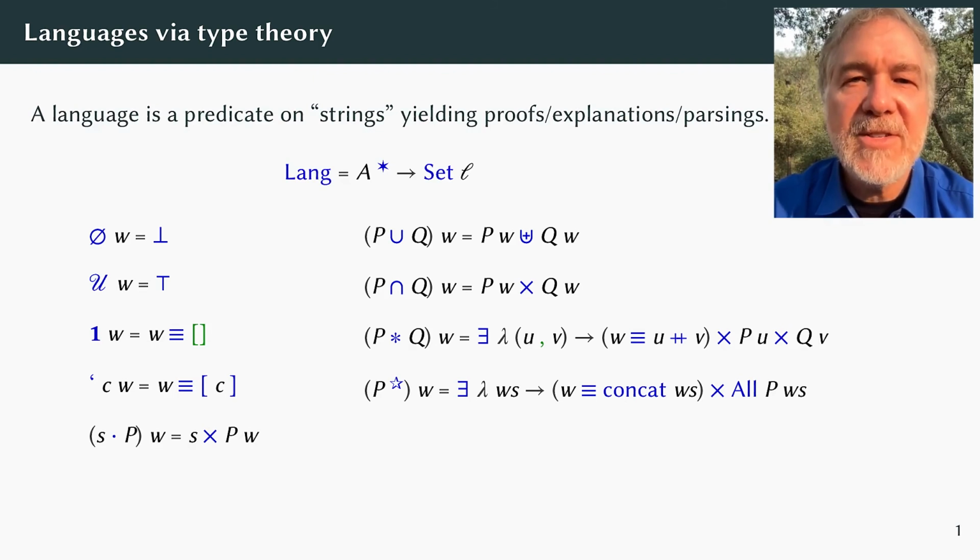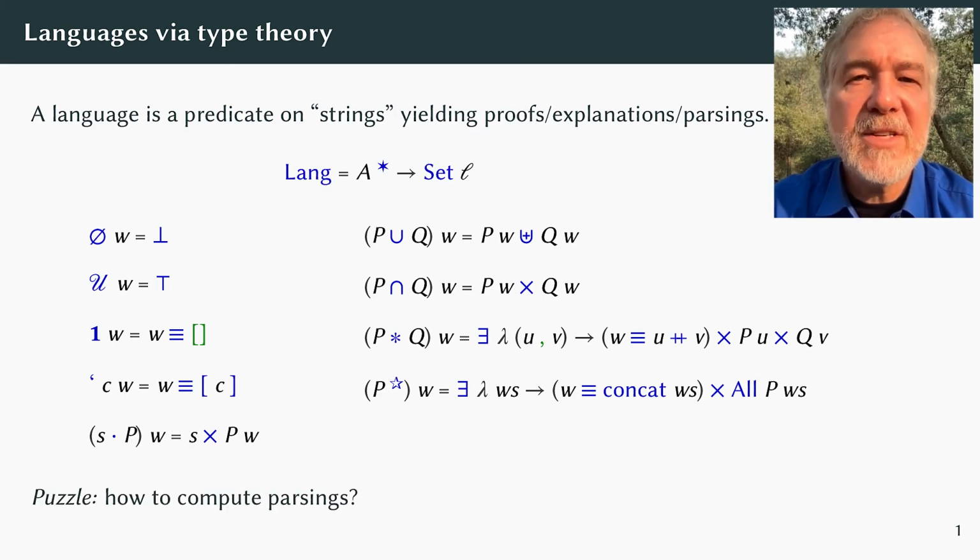Now, in case you're not used to Agda, let me point out a few things. Bottom and top are the empty and singleton types. Logically, they correspond to falsity and truth. The type x equals y has a single inhabitant when indeed x does equal y, and otherwise is empty. Some types are written with the disjoint union symbol. Non-dependent product types are written with the cross symbol. Dependent product types are written with the exists symbol.